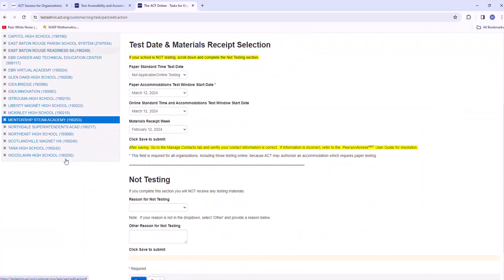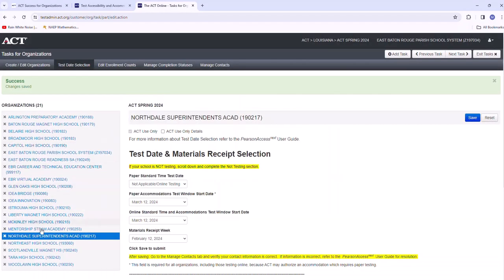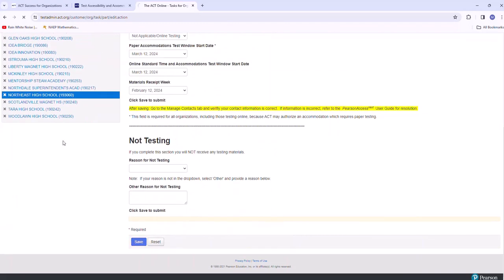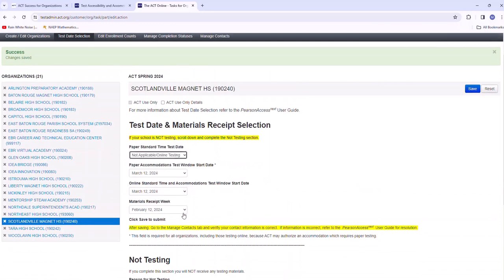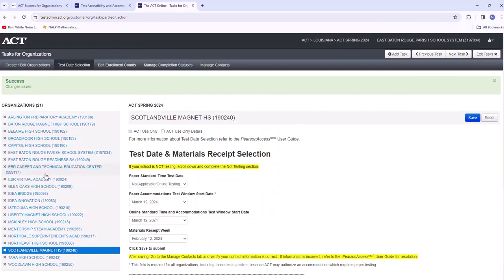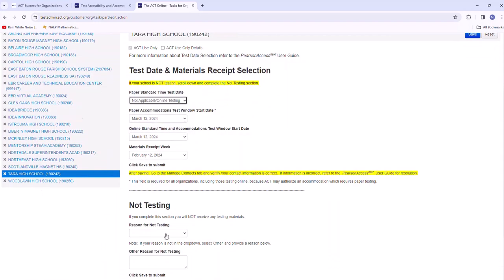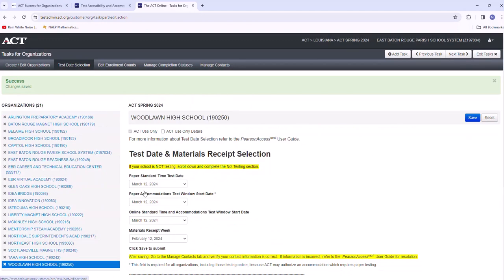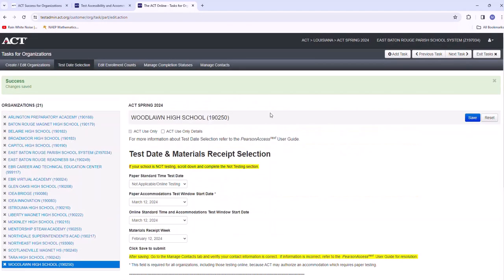And then Northdale. Northeast. Scotlandville. And then two more schools, and then that should be it. So I think I fixed everybody. Okay, everything's fixed now.